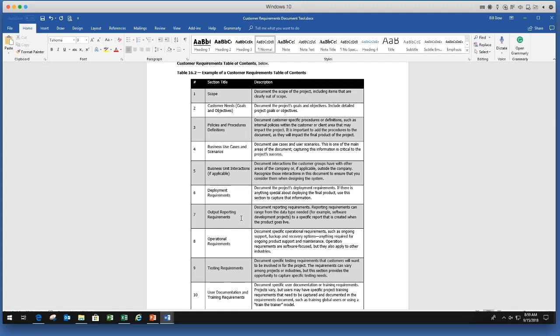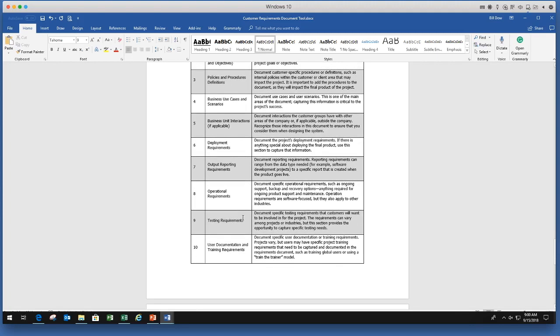Now, many companies have their own customer requirements document. Totally get that. But there may be areas in here that you're missing in yours, and you want to add those sections. So if you don't have anything, this is a great starting point. If you have something, have a look at this one, look at all the various components of it, see if you're missing anything,